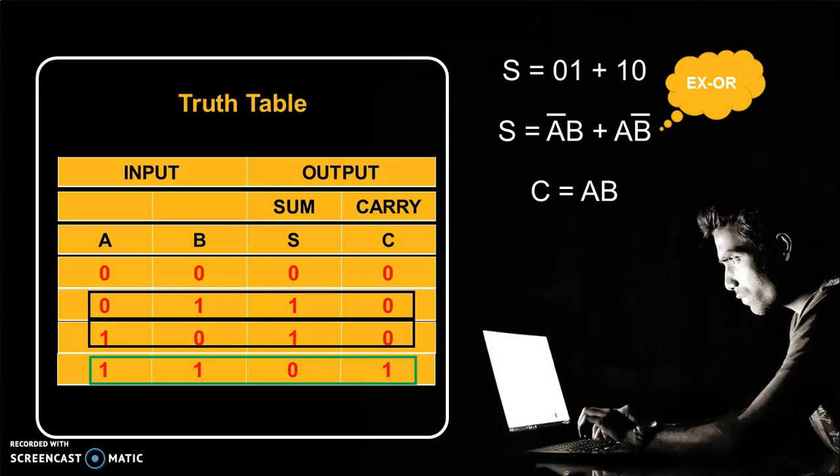And same way for the carry, we know that A dot B is nothing but a Boolean function for the AND gate. Once we know the Boolean function and the corresponding logic gates, then we can easily realize our logic circuit. So next step is the realization of the logic circuit based on the Boolean functions we have identified from the truth table.